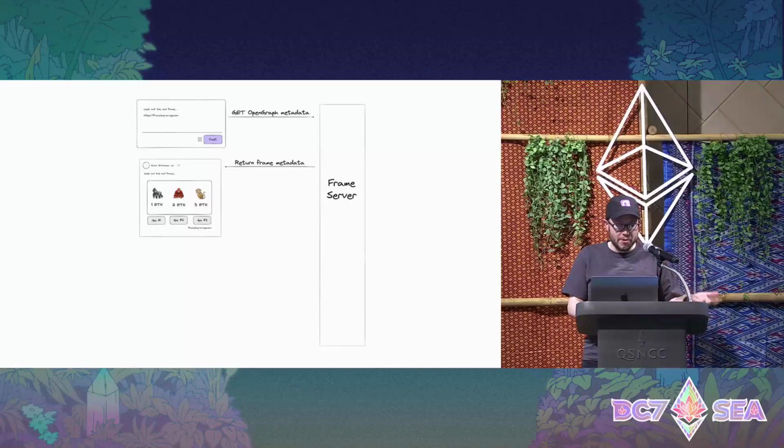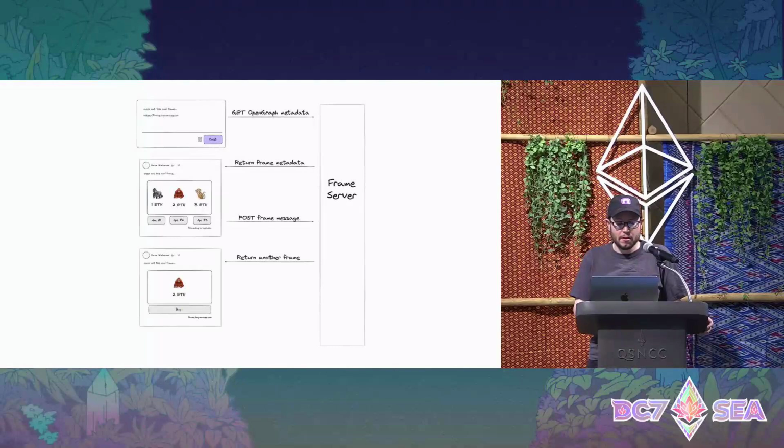Okay, so now when the user comes and clicks a button, the client makes a post request to the server. And this post request includes some information about which button was clicked and the user's identity. From there, the server can return HTML that defines another frame. And if there's a button to click in that frame, the client posts back to the server.